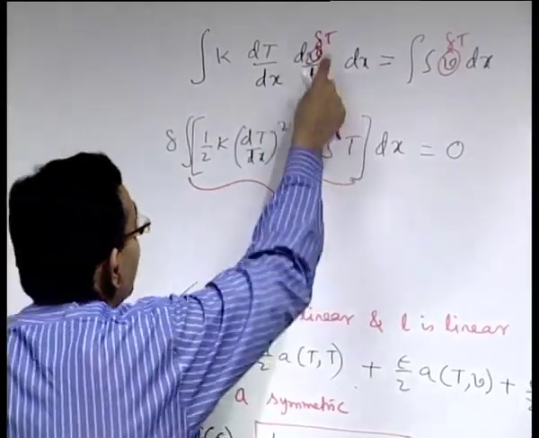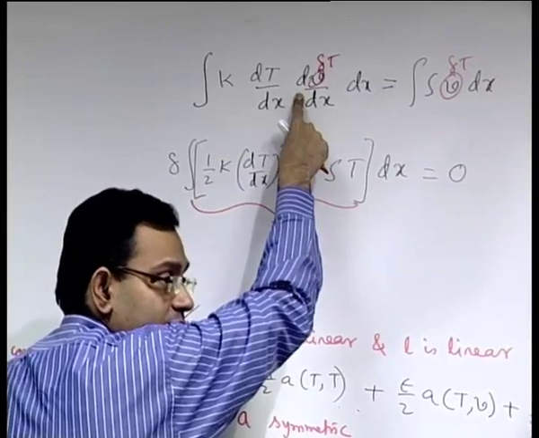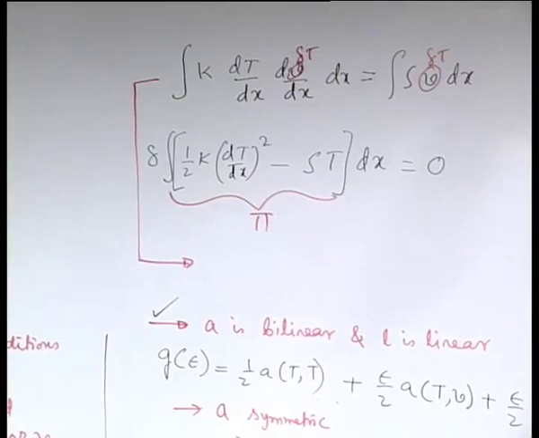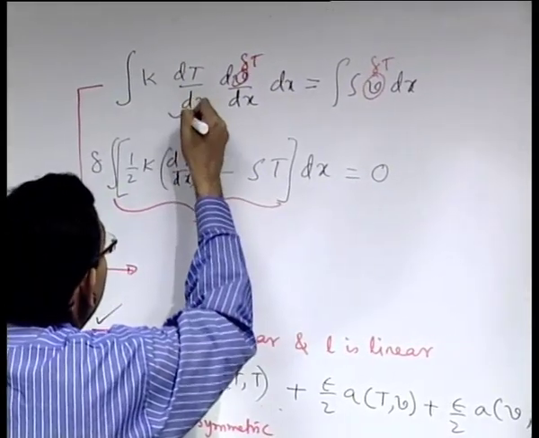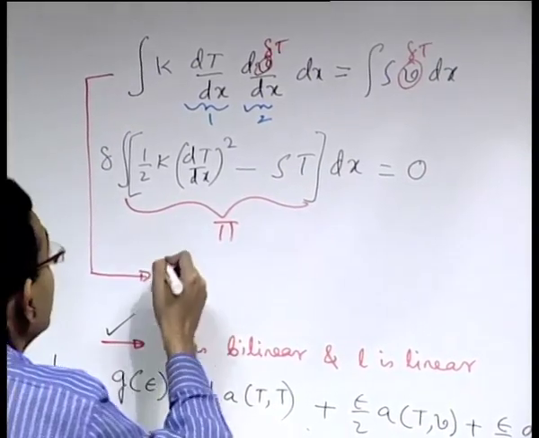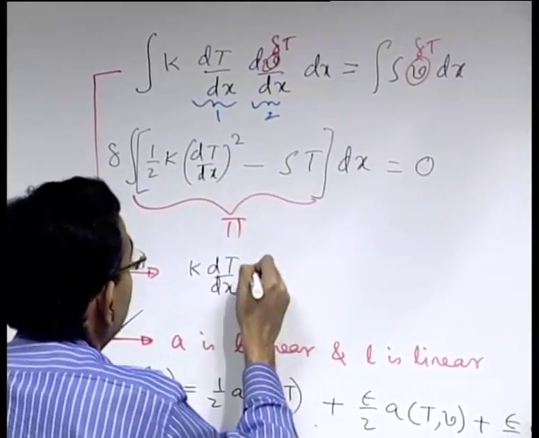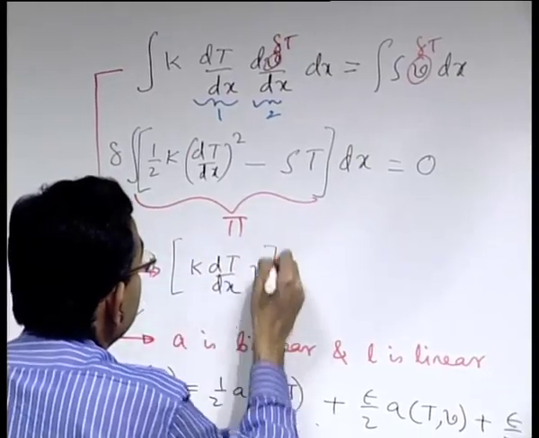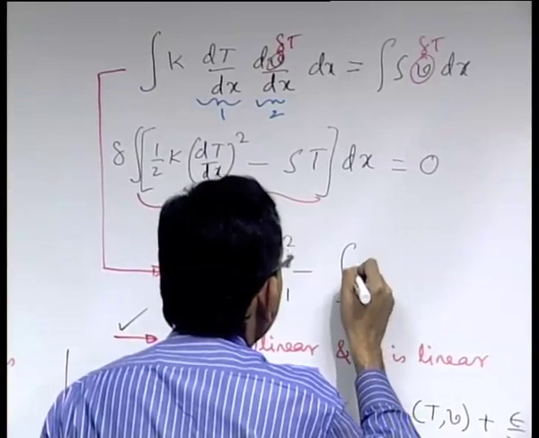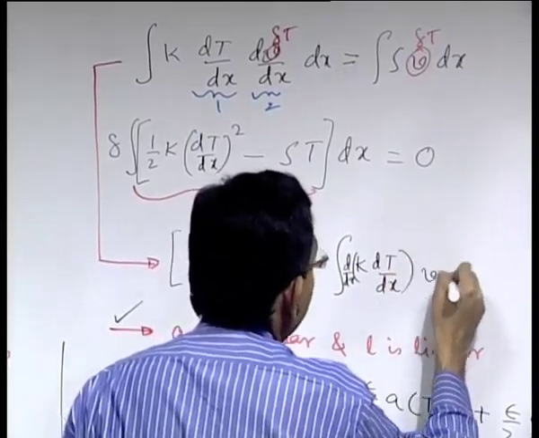So what you can do, you can again integrate it by parts. Now you want to reduce the order of the derivative of the V term. So let us take this as an example. Which one will you take as first function and which one as second function? So this is the first function and this is the second function. So with that, if you integrate, then first function into integral of the second, minus integral of the derivative of first into integral of the second